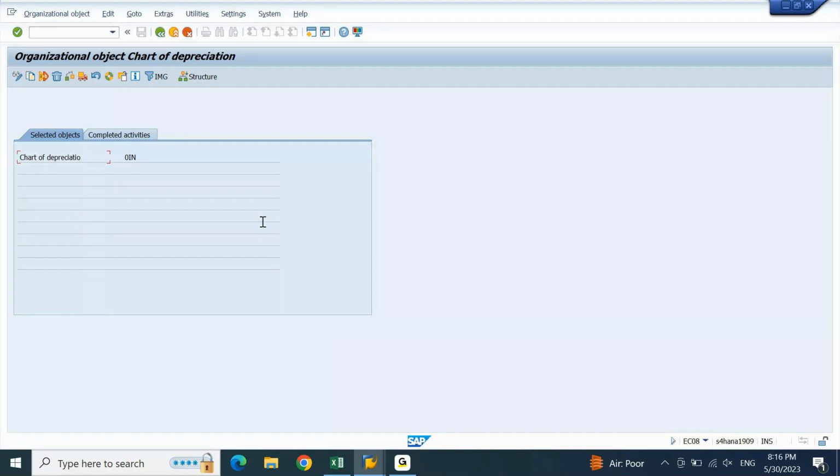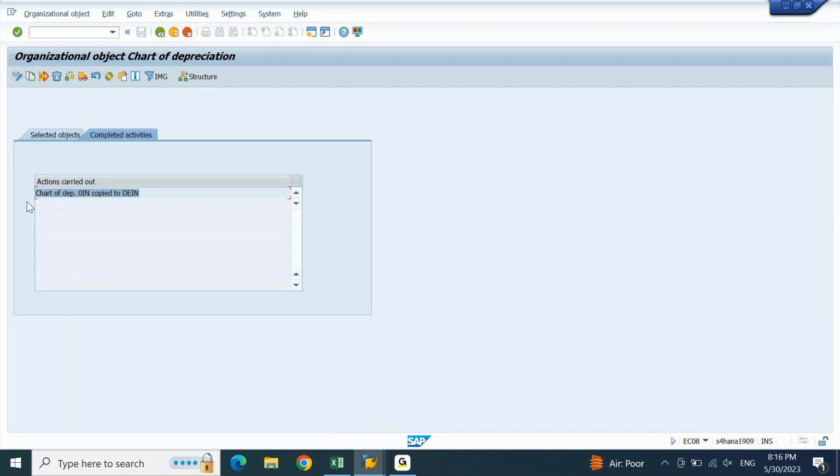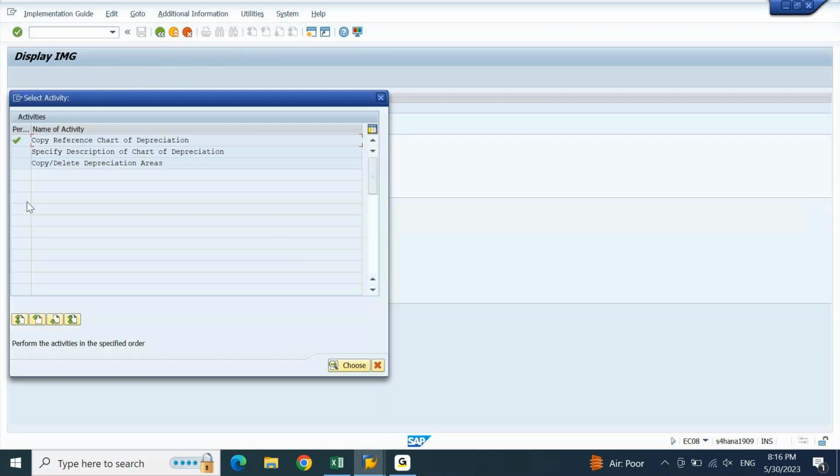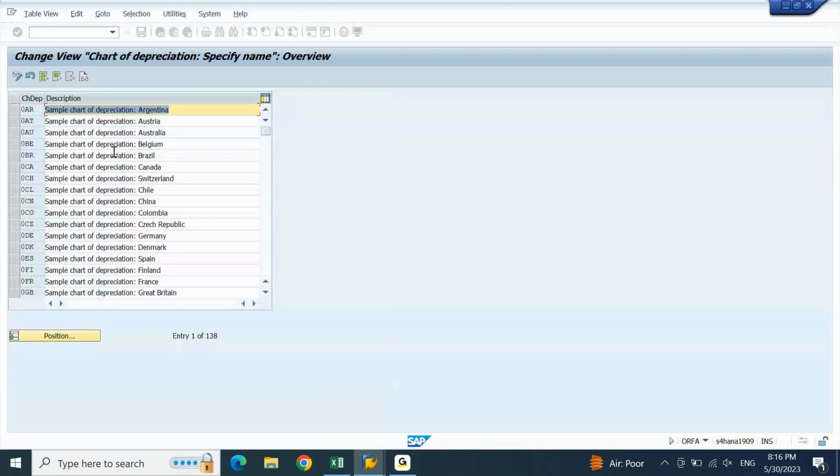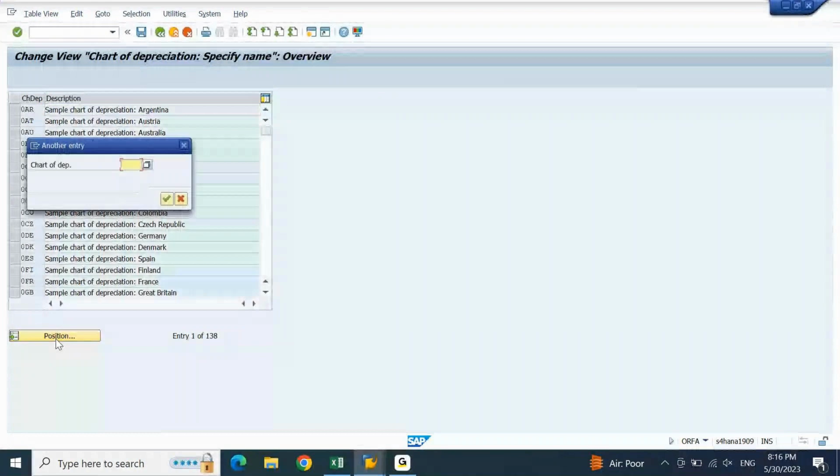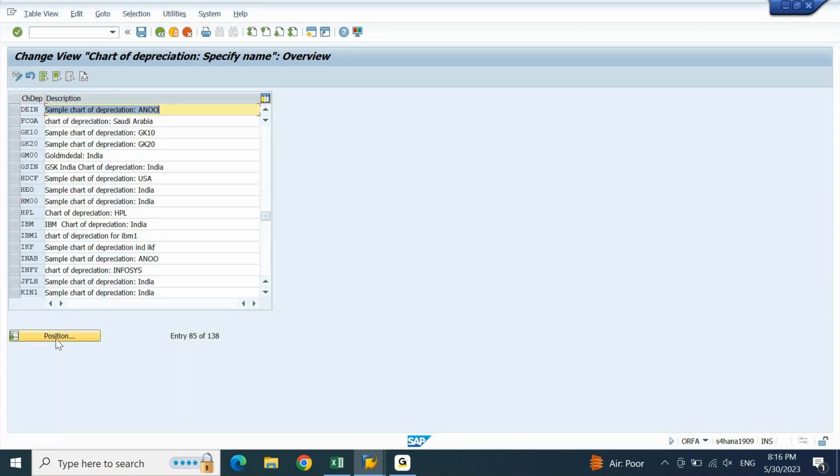Next one. If you see the completed activities, you will get only one activity completed, which is your copy reference chart of depreciation from 0IN to DEIN. Next one is your specified description of chart of depreciation. Double click on this. Whatever the chart of depreciation we've created, let's open that and change the description. DEIN is what we created. When you copy it, the same description from 0IN will be copied to DEIN. You need to ensure the description is changed. Here you are not going to put sample chart of depreciation. You are going to put, let's say,